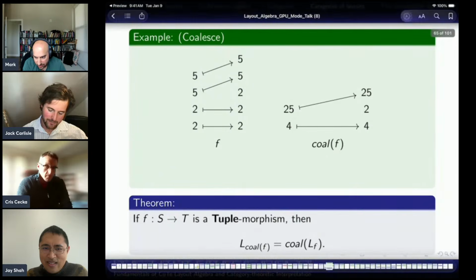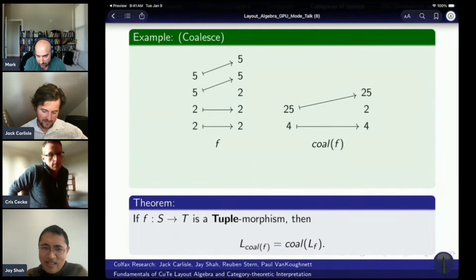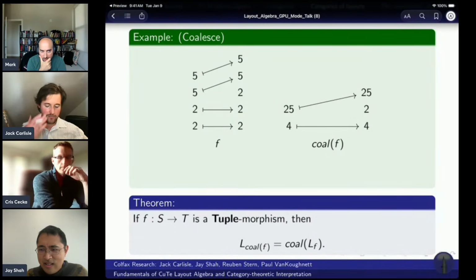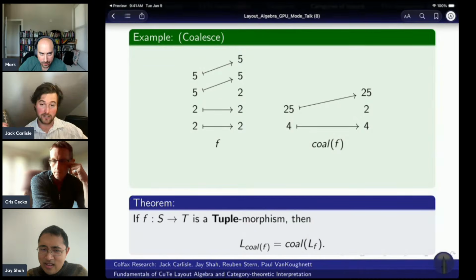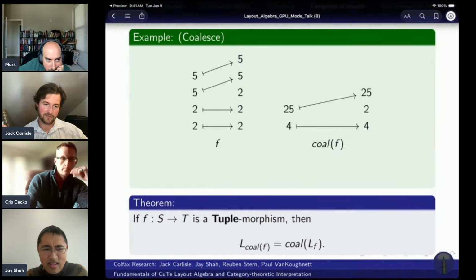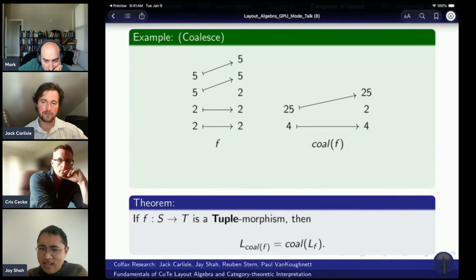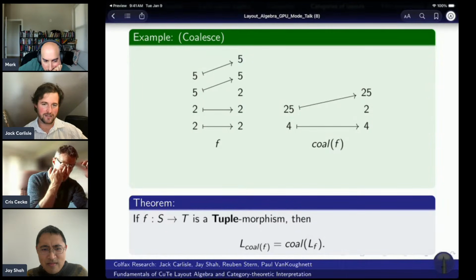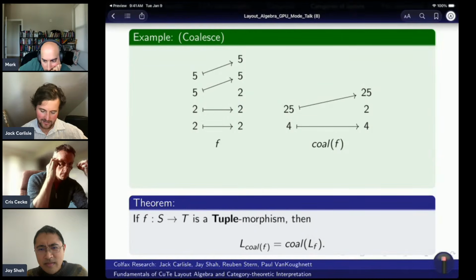Okay, great. So again, let's look at another important operation. There's this coalesce operation on layouts, and it was defined in terms of flatten first. Okay, maybe we ignore flatten first. But you can combine adjacent modes when they satisfy some sort of product property. And the reason one would define coalesce in this way is exactly depicted in